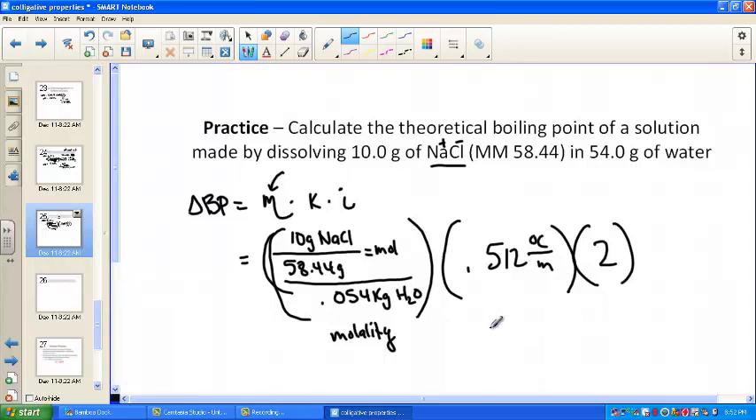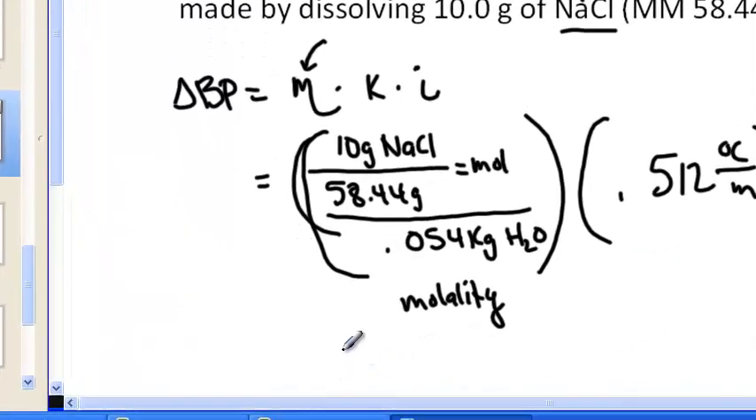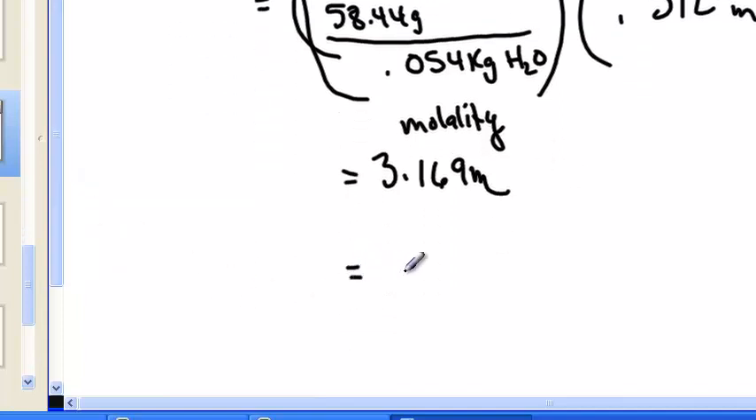Well, I hit 10 divided by 58.44 divided by 0.054. And if you hit equal, you get 3.1688 or somewhere around there. There's our molality. Times 0.512 times a Van Hoff factor of 2. And I found